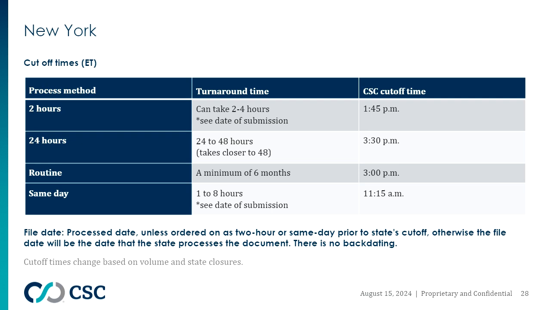Now in front of you, you can see the same chart, but for New York. Given that routine filings can take up to 6 months, we do caution clients of choosing that as a processing method because you can wait that long only to find out that someone who chose the quicker processing method can take your entity name. The costs for expedite are pretty reasonable, like a 24-hour, for example, is just $25, so it may make sense just to choose to expedite the filing.